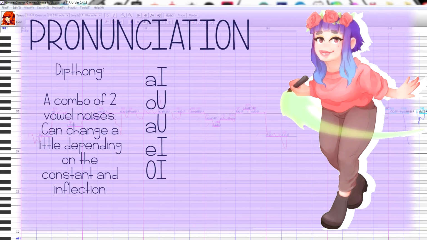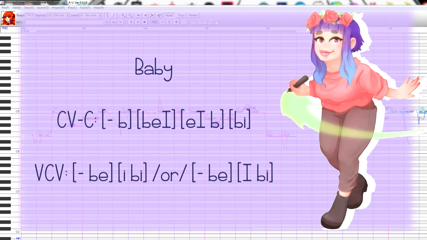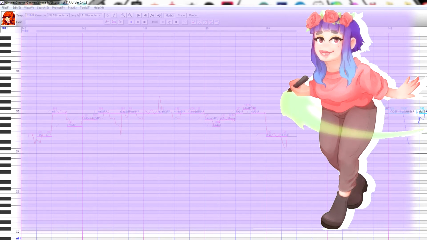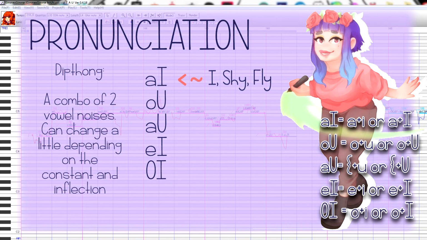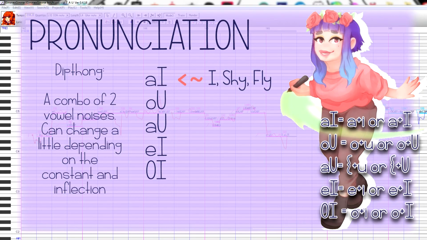The last set of vowels is the diphthongs. These are actually a combination of two noises, and in Vcv-E, you will have these only in CVC form, or you can create the fusion by changing your blending vowels. The first one is I, as in I, or shy, or fly. It's a combo of ah and e, or sometimes uh and e. Depends a little on how the word is pronounced. But it's I,